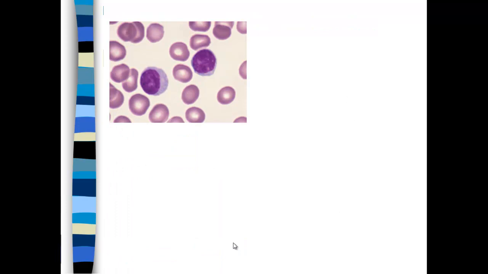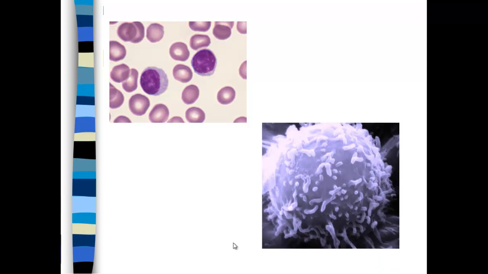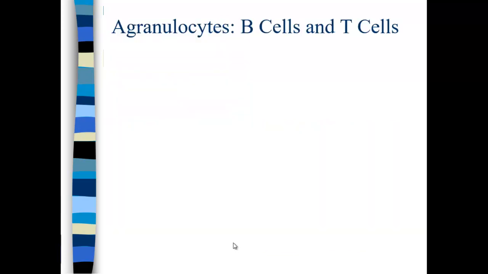Here are some white blood cells, some leukocytes surrounded by erythrocytes. This is a phagocytic cell. It's a large macrophage. If we want to take a deeper dive into B cells and T cells,